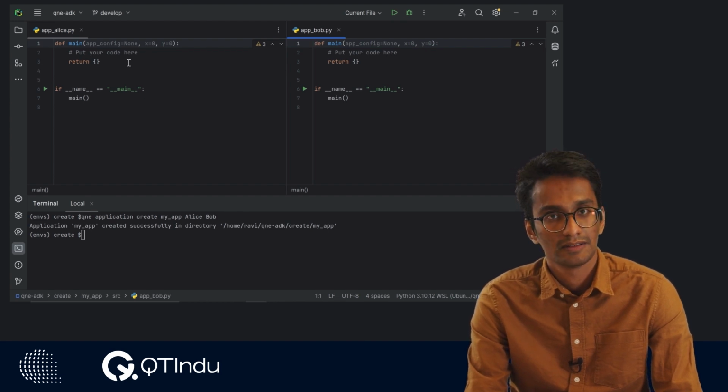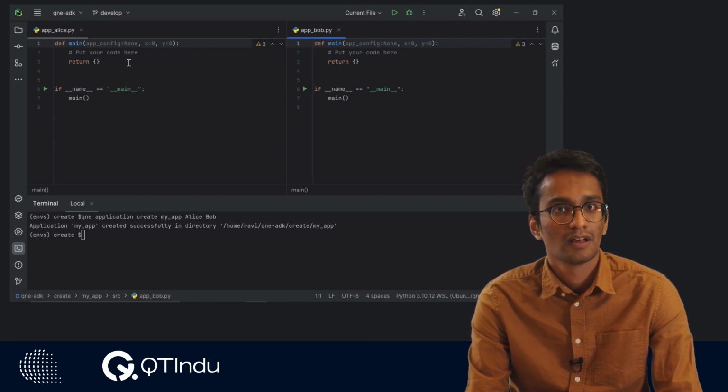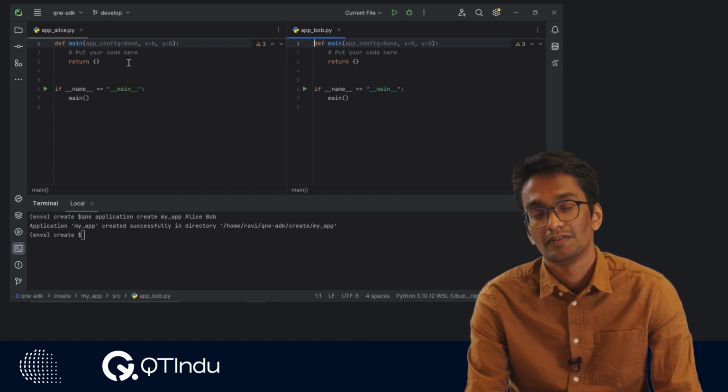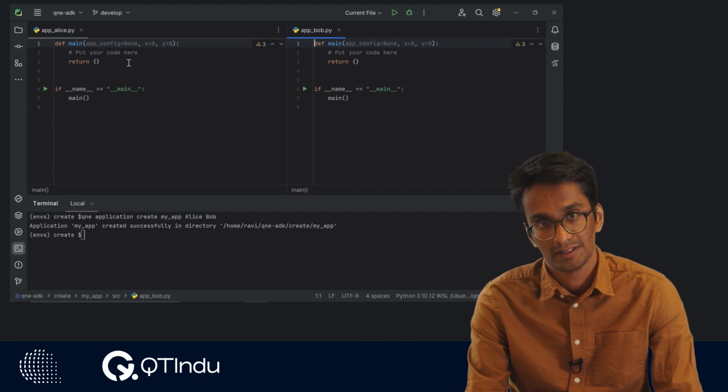To start off, for every quantum network application, there are three main items that you might come across very frequently. One of them is a classical socket, which is used to send classical messages between nodes. The other one is an EPR socket, which is used for generating EPR pairs. The final one is a Netcasm connection object, which is used to connect to the quantum hardware in the backend.